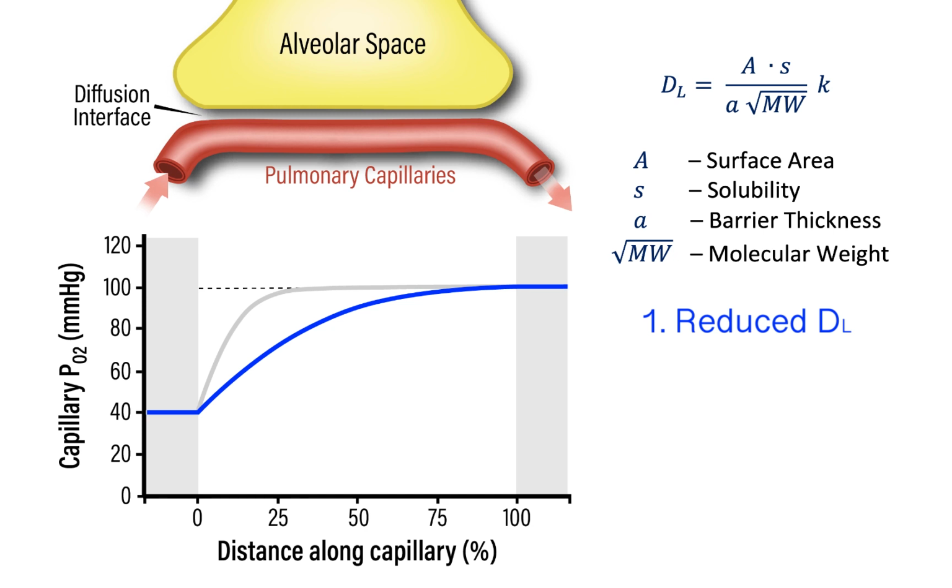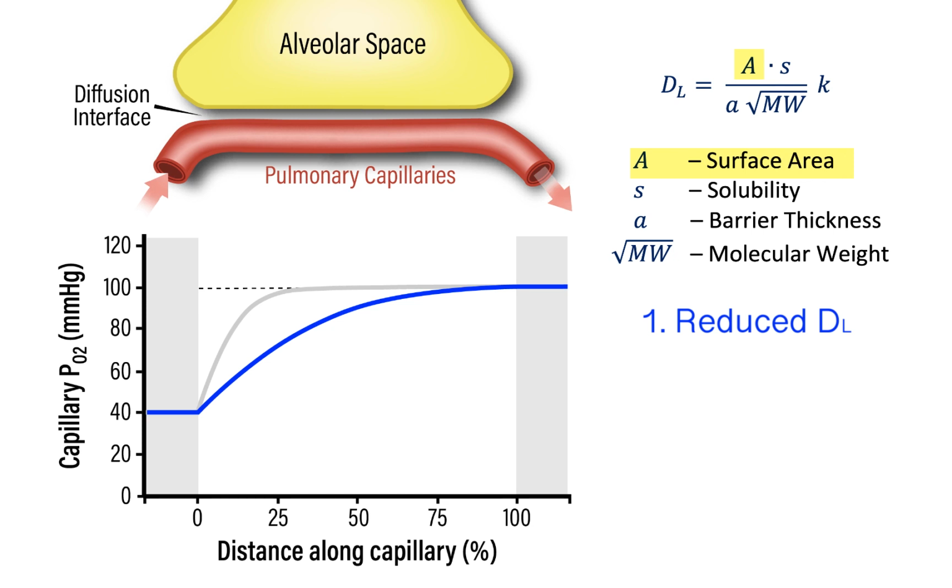The two main changes that typically occur pathologically are, one, a decrease in the surface area of the diffusion interface. So if there is a smaller surface area, the rate at which gases can move is reduced. This is something that can occur with a variety of pulmonary conditions. Emphysema is one that results in a reduction in the surface area of the diffusion interface, thereby reducing that rate